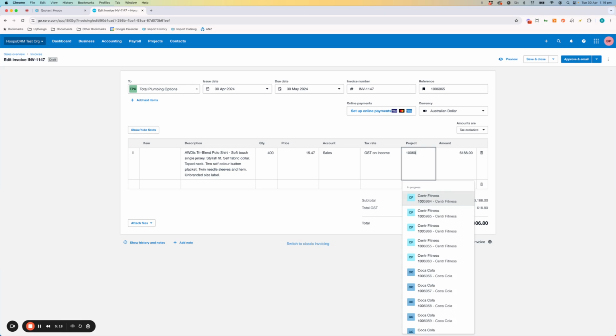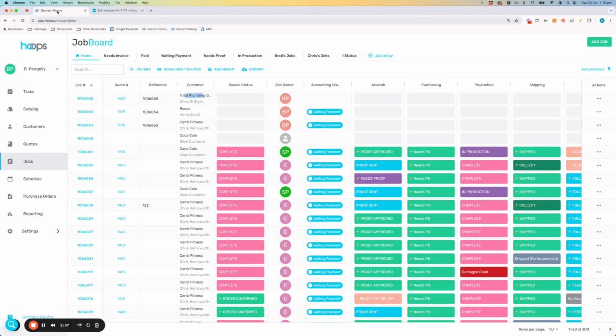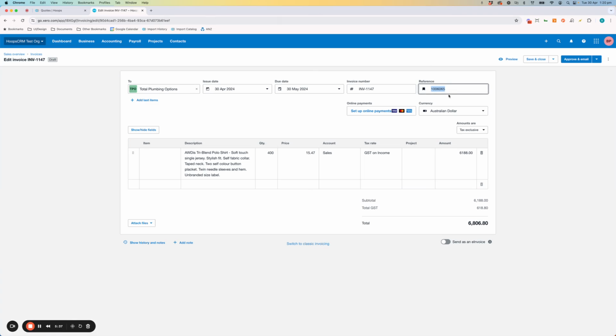And I mentioned why the reference was important. You'll notice in the top right-hand corner here, this reference field is populated with the reference from this particular job. From the reference field on this particular job, not the job number. That's why it's important that this is added into the job board. You'll then use that reference number to tie together this invoice to the project. So 1006065,